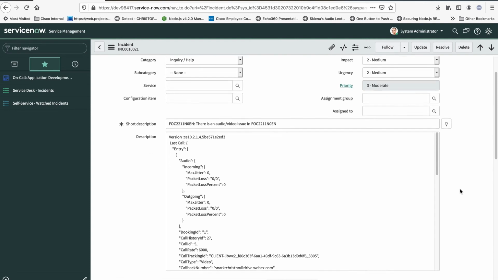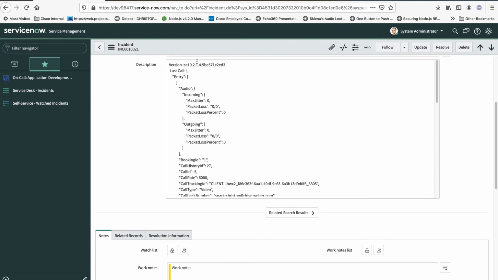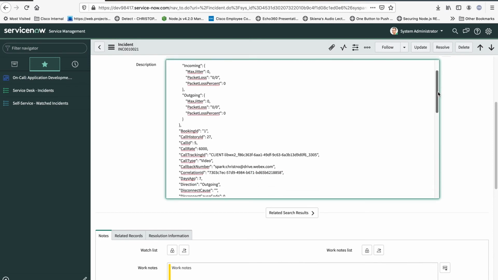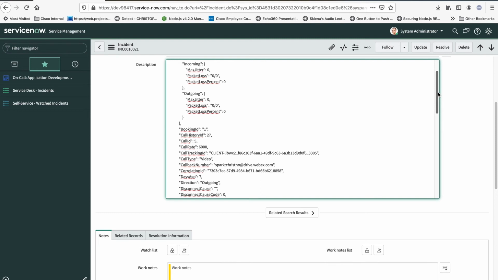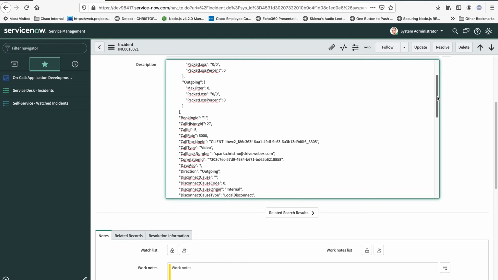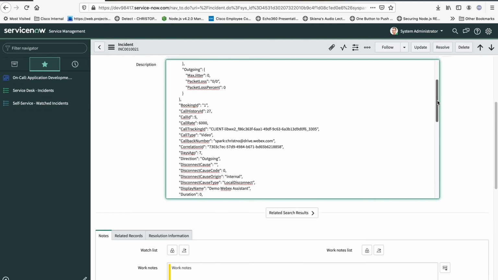But the main thing I want to point out is we were able to actually drag information directly from the endpoint at the time of the ticket creation. So that's pretty vital, because as a person that has to open the ticket now, I don't have to go reach out to the user and say what time was the call at, who did you call, those types of things. That can be immediately pushed into the ticket at time of creation, since it's coming directly from the endpoint